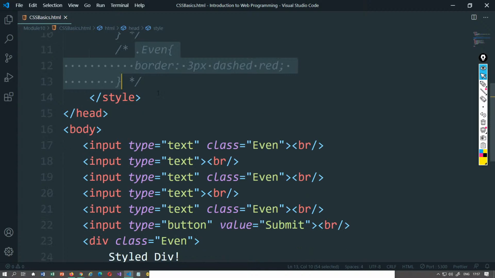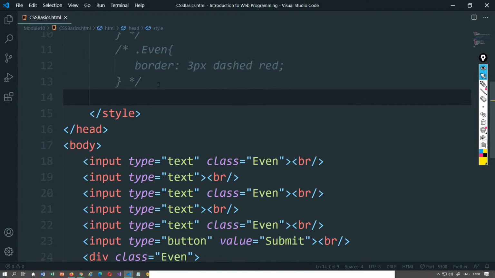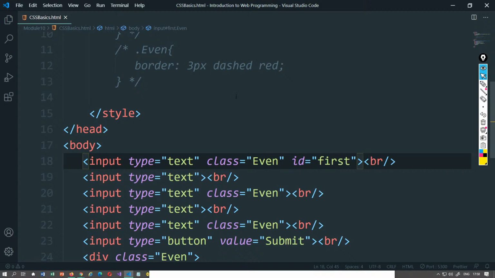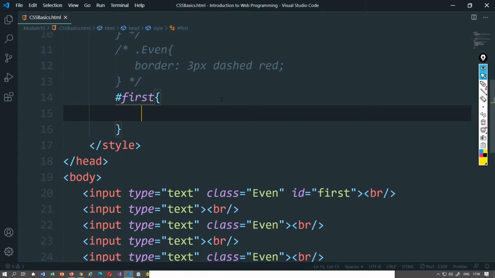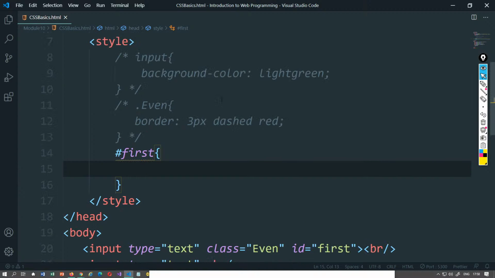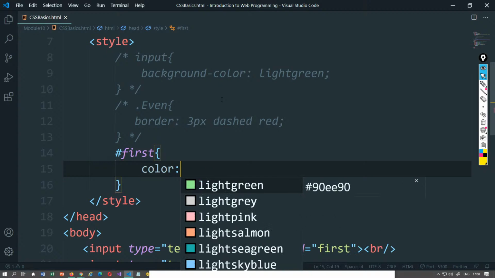And then we have an ID level. ID, as we have earlier used, is for identifying an element uniquely. So with this, we can uniquely identify any particular item based on its unique ID. Now let me go back and give this first div tag an ID of first. And how do you define an ID? Like we define the class by using a dot, you precede the ID with a hash. I'll say hash first, and then give some style, so here maybe I'll say color to be,